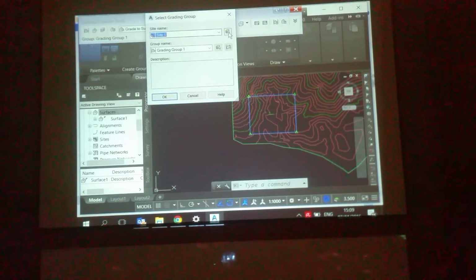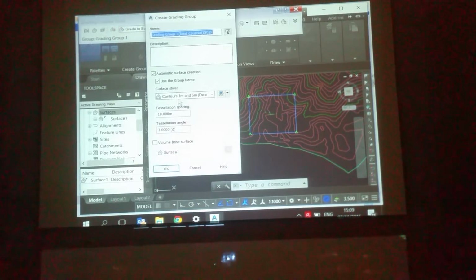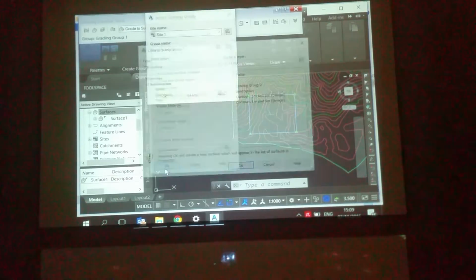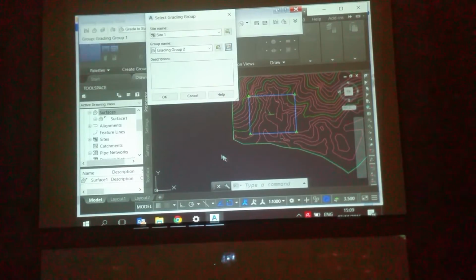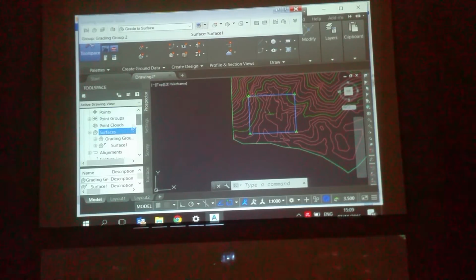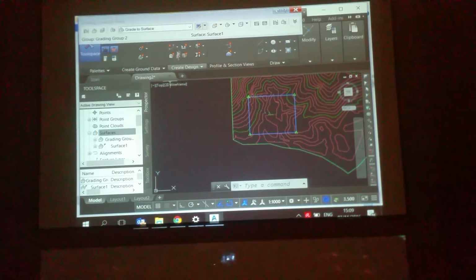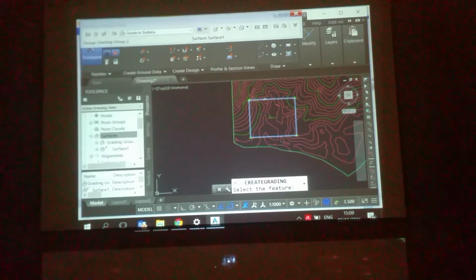I have to create another one because I already deleted this. Grading group 1 I already deleted, so I create another one. Okay. So group 2. I have grading group 2 here, and then I generate this one.